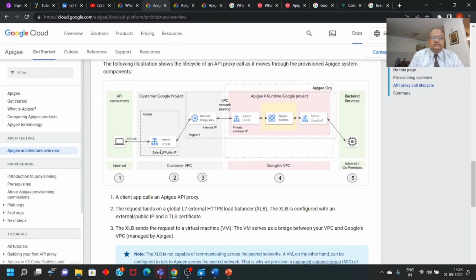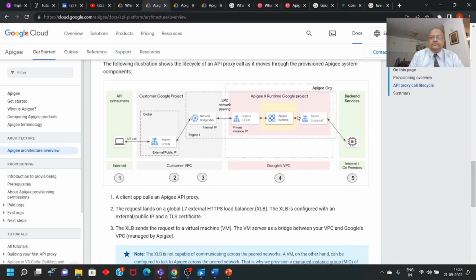The load balancer is configured with an external public IP and a TLS certificate. The load balancer sends a request to the virtual machine. The VM serves as a bridge between your VPC and Google's VPC,